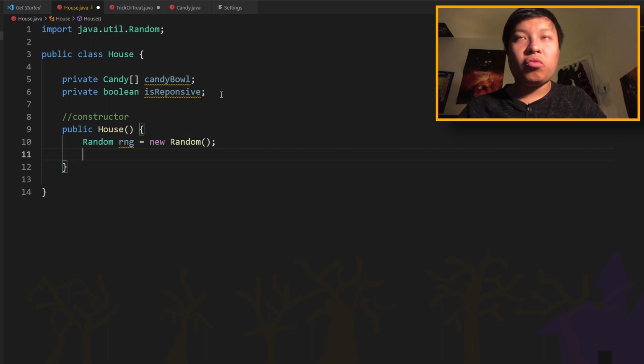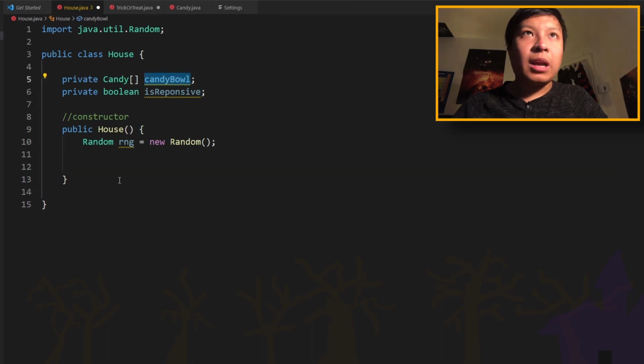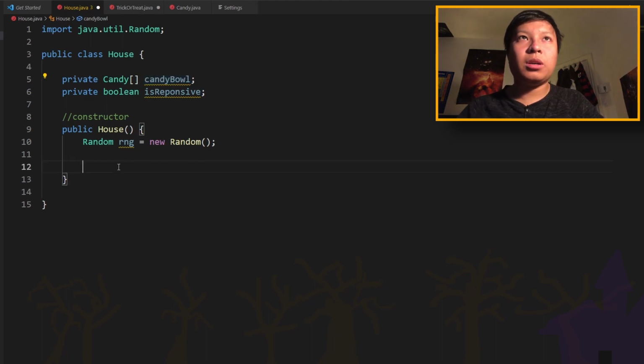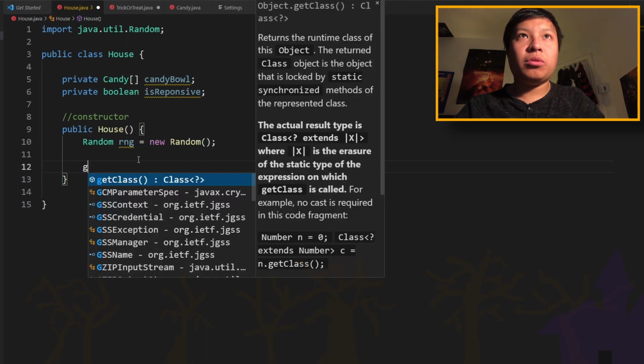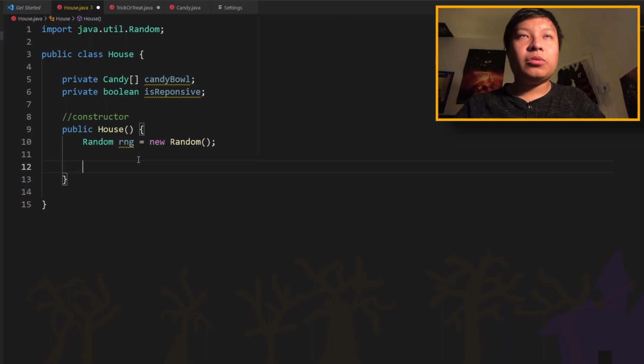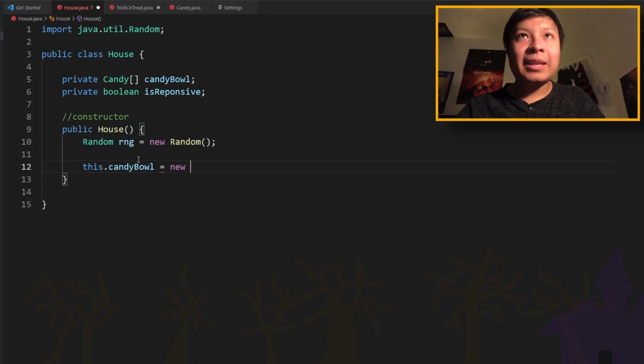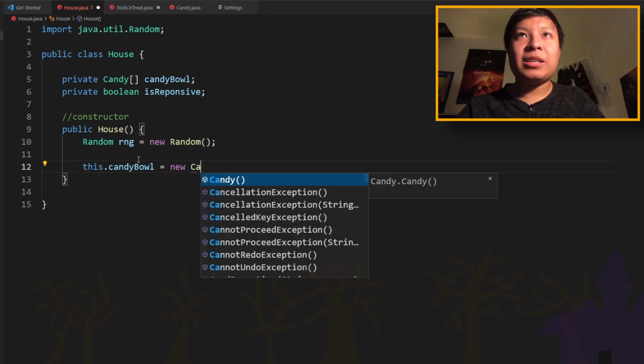So for the constructor, I'll have to define the candy bowl. How many candies will the homeowner give? Let's say a random number between 1 to 10 candies if we're lucky. So let's do this. this.candyBowl equals new Candy array,